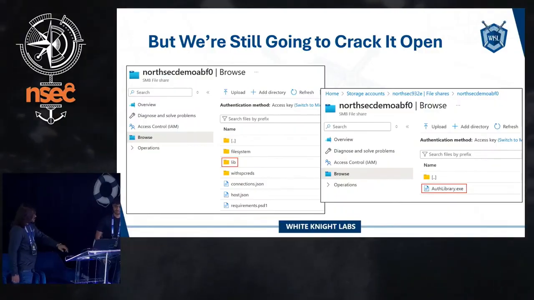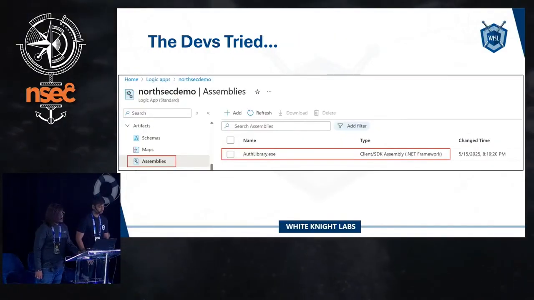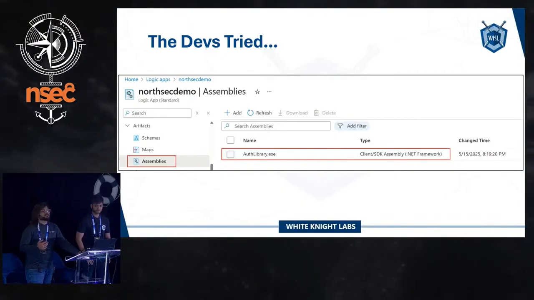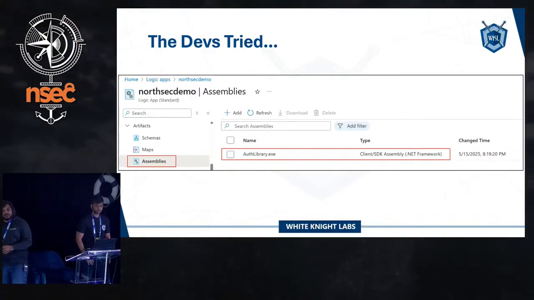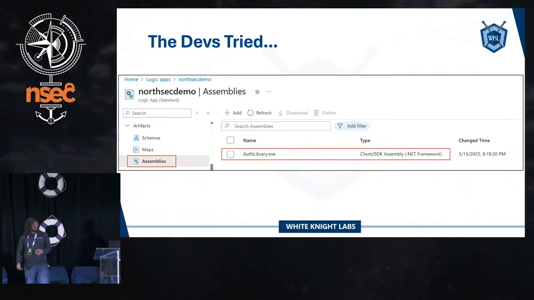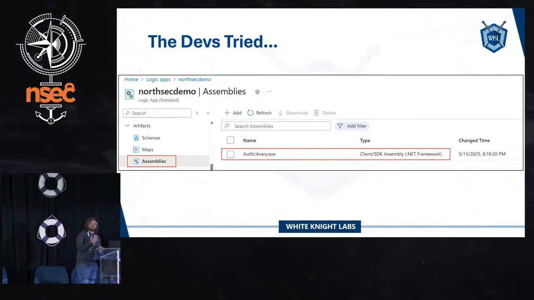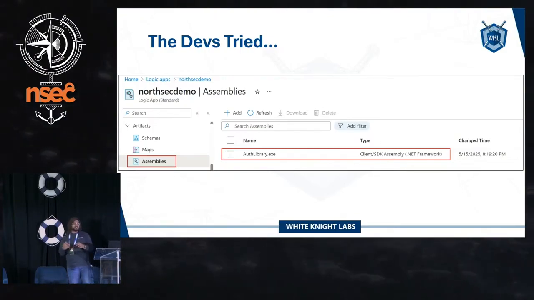If you look at one of the previous slides, we see that these are .NET assemblies, right? Which means ideally they can be reversed easily. Currently, standard Logic App only supports .NET assemblies or client SDKs that are built in .NET Framework or .NET. And since they can be reversed, there are ways by which you can find hard-coded credentials in these library files. These are dependency files that have been used within Logic App, because now Logic App has a